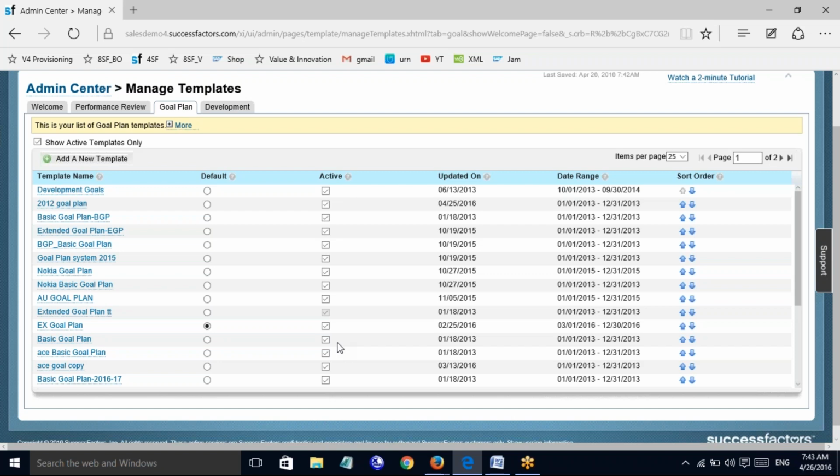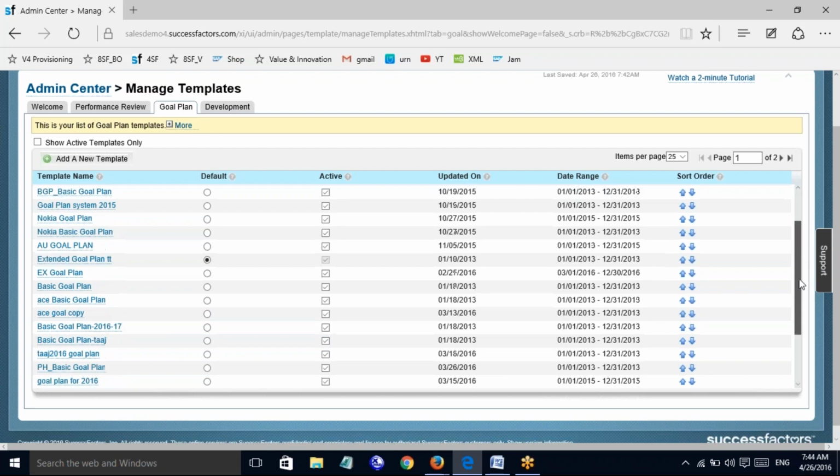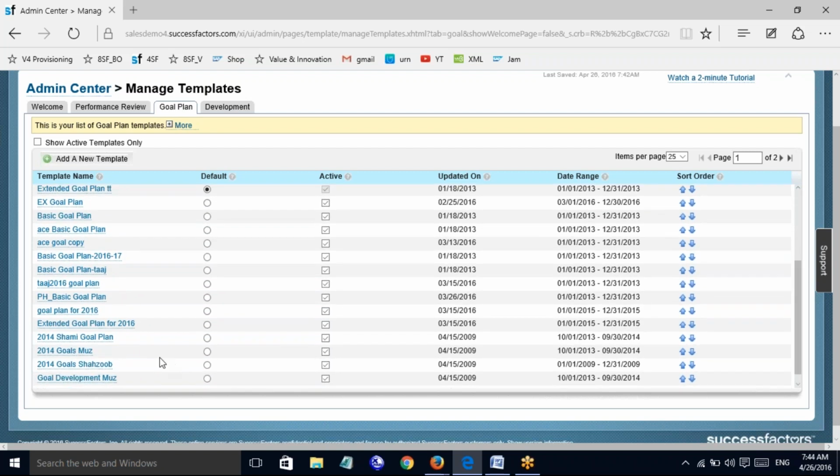So now let us review how to edit an existing goal plan template. The reason it is saying this when I select show active templates is that, if you look here, our goal plans are normal.